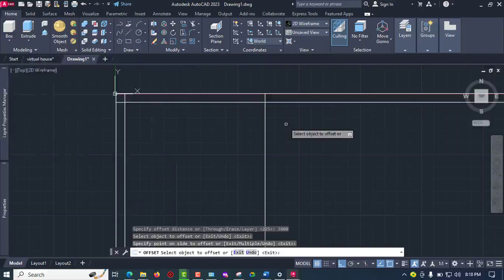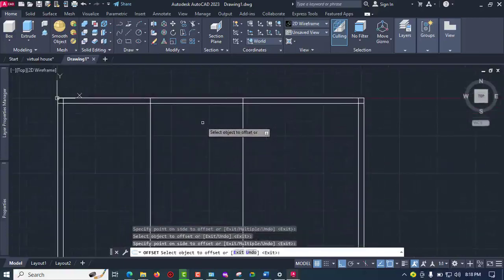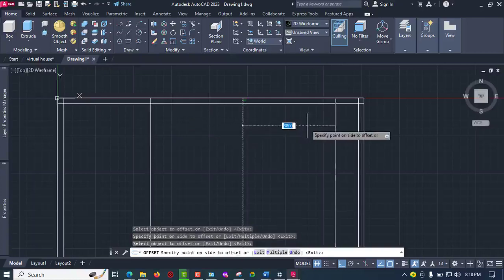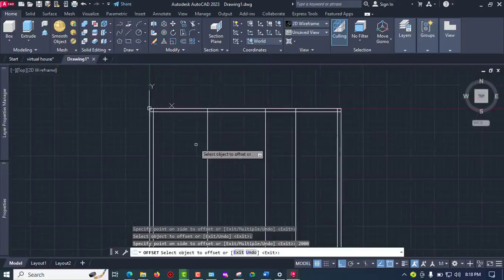So from the diagram, you see this a bedroom. The dimension of the bedroom is 3800. I'll select this line and offset it again. Offset it again. The next thing I'm going to do is offset this line again to 200. That's it. Okay, then after I've done that, the next thing I'm going to do is to